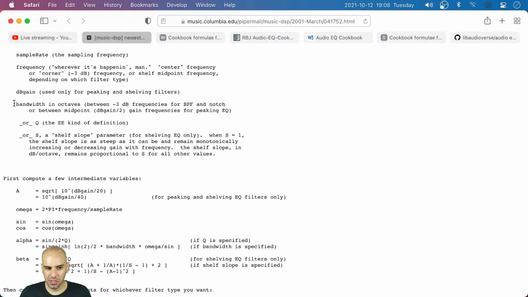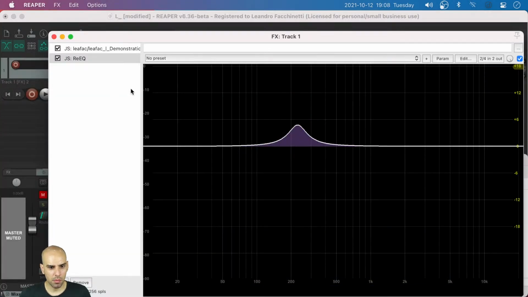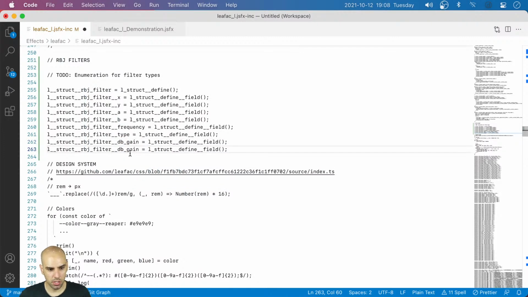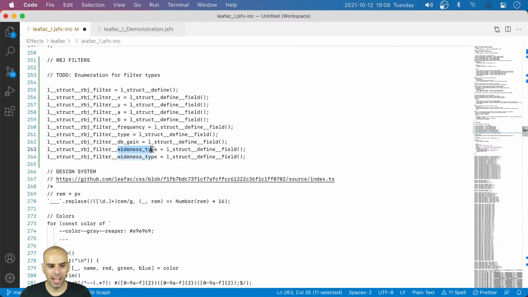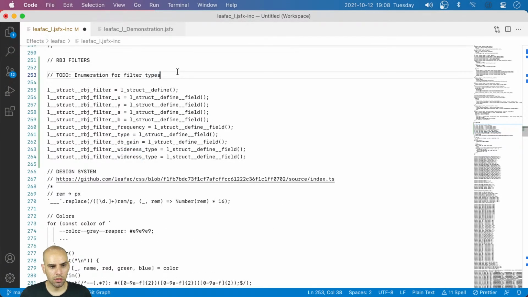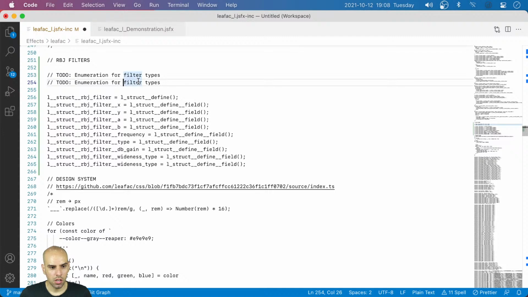So I guess I'm going to have an enumeration for this. What is the type of wideness that I'm using? I'm not really sure that wideness is the correct word to use in this context, but I'll deal. So I'll need an enumeration for widenesses